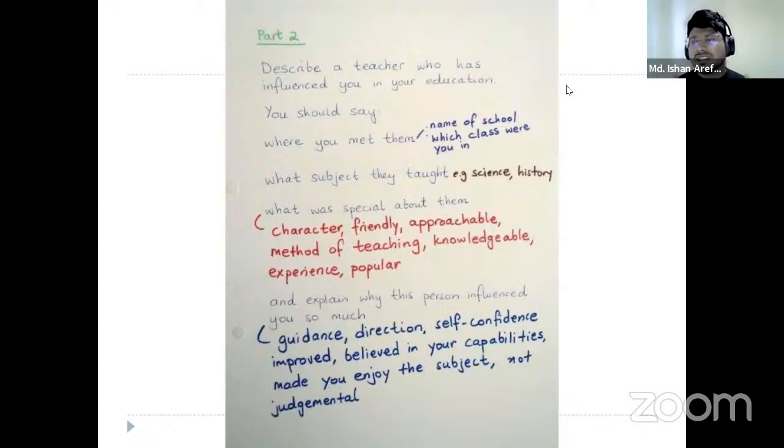Do not talk about a real life person if that is possible, but it depends on you. I am not saying that you cannot get a good score if you talk about a real life experience or a real life person. Yes, you can, you may get a very good band score, but that's one of the techniques I want to suggest to you. Whether you will embrace that technique or not depends on you.